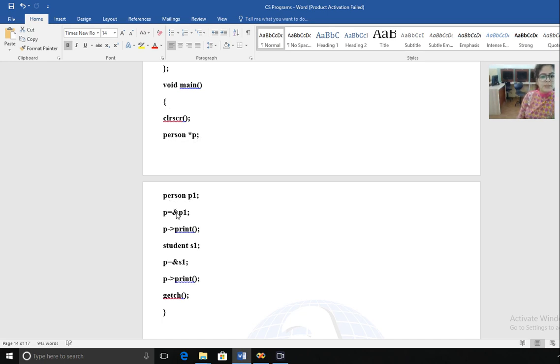Now the next line is address of p1 equals p. This statement will transfer the address of p1 into the p variable. The next statement is p print. With this we can print the message at that address. Whatever data is available at that address, it will print that message.